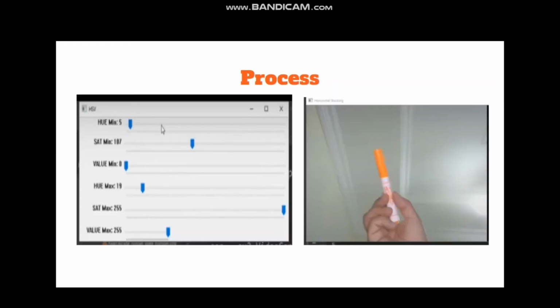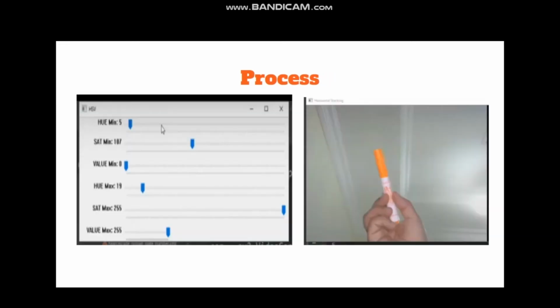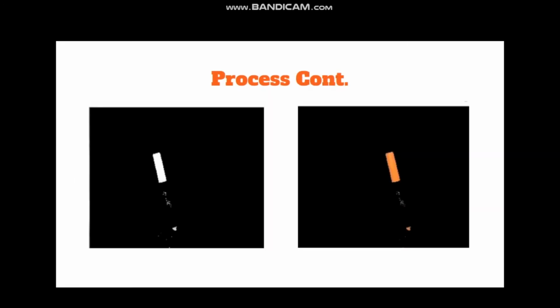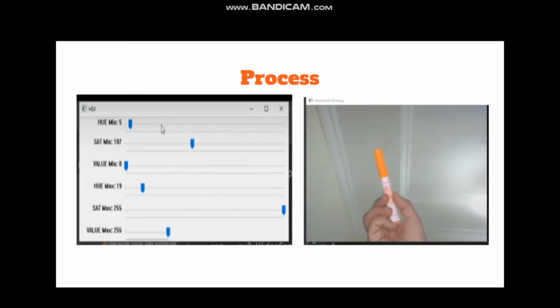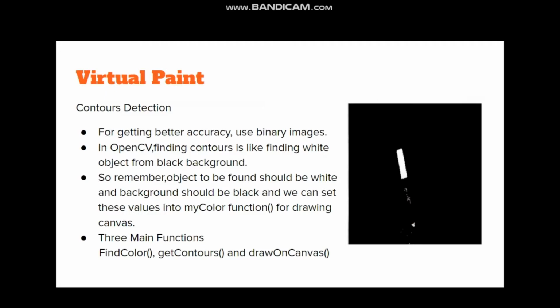Next, process. For creating an object, the first step is that we have to set the parameters of colors, like min and max. What these parameters do is that the hand and the background image should not be displayed; only the color surrounded by the rectangle should be captured. So we have to set those parameters and pass them into the my color function, which basically goes into the get contours method. This is the first process, and then contour detection comes into the picture.